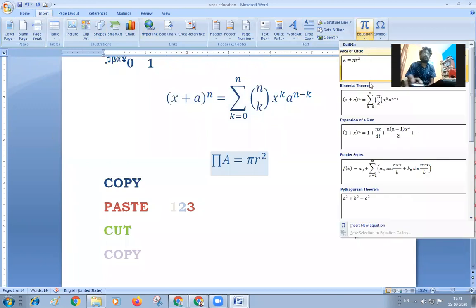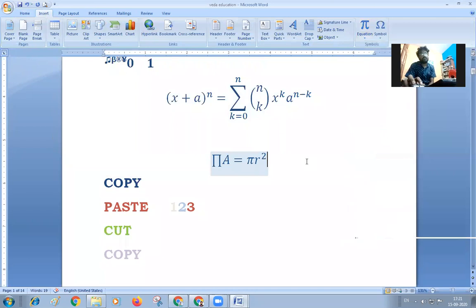You can insert any type of formulas, any type of equations, and all this can be inserted in your document also. When you are preparing a question paper, or doing mathematical equations, or presenting calculations, then you can use all these types of mathematical formulas directly in the text document.